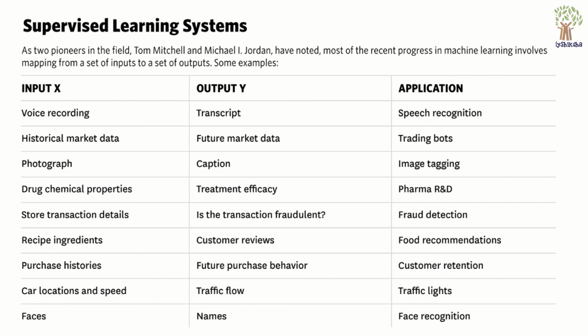Let's say, for example, you are receiving a voice recording and you have the corresponding transcript available as data. Now, what you are trying to do by building a model? You are actually building a speech recognition model. So any voice recording that comes in, you are recognizing the speech and you are giving transcript as an output. So if you have the training data set of voice recordings and transcripts, you will be able to build a speech recognition model in which, when you give a voice recording, it will give a transcript as an output.